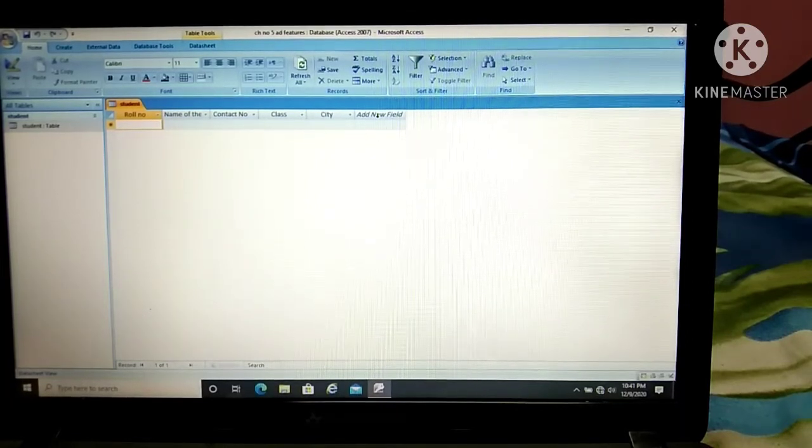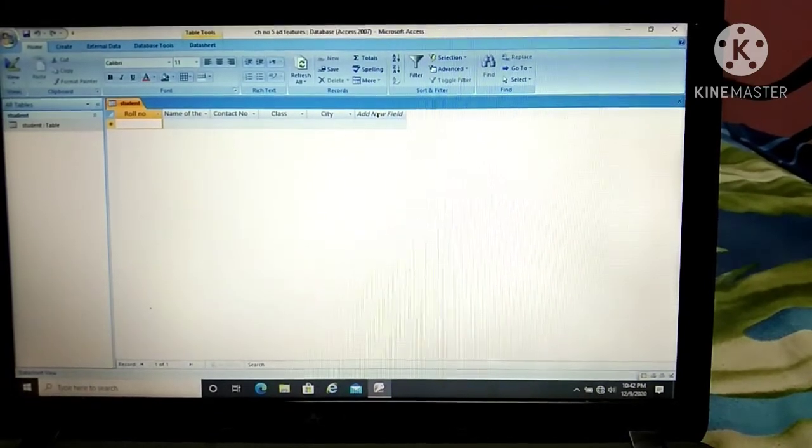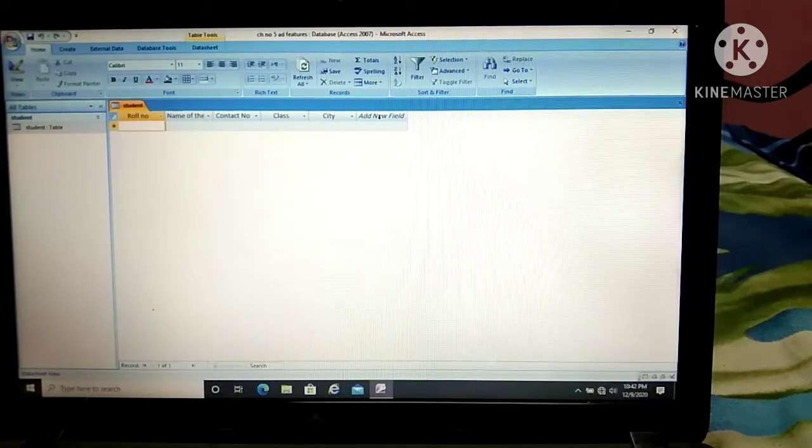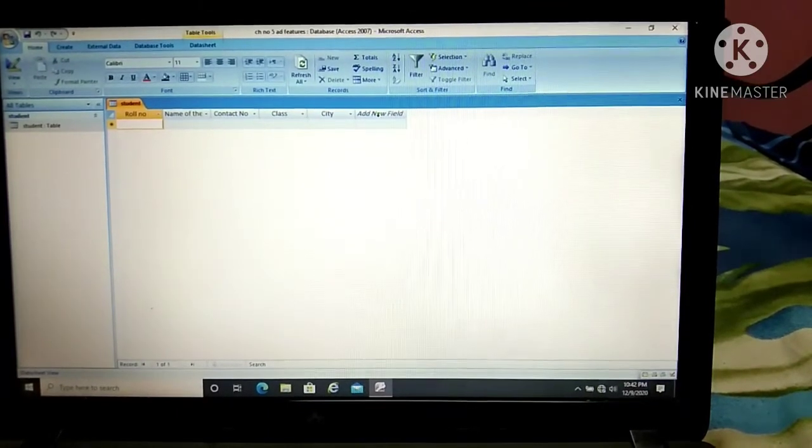So this datasheet view helps you to enter the records also, and it also helps to design the table. Are you getting the difference between the design view and the datasheet view? If not, you can go for the previous videos and you can learn.